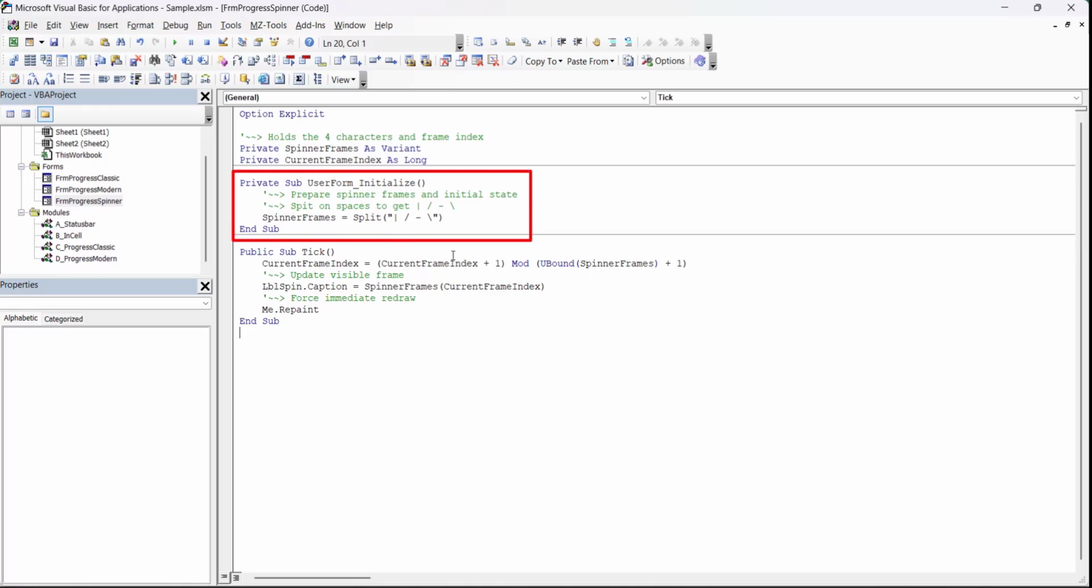When the form loads, the initialize procedure runs automatically. Here is what is happening inside it. This line is the key part. We are taking one long string and using the split function to break it into separate parts wherever there is a space. That gives us a small list of 4 characters, the vertical bar, the /, the dash and the backslash. These 4 characters act as frames of animation, and when we cycle through them quickly, it feels like the